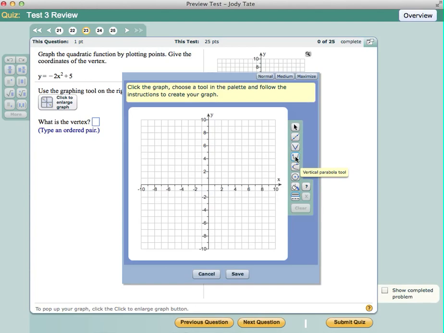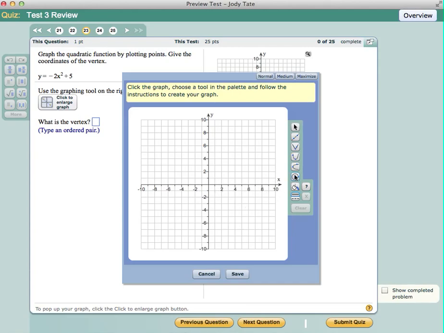So if we go through and use our calculator to solve this, the 1.5 squared is going to give us 2.25. So we'll have negative 2 times 2.25. And that gives us negative 4.5. And if we add 5 to this, we're going to get a y value of 0.5. So the reason I did this was to show you how we can use numbers other than just the integers